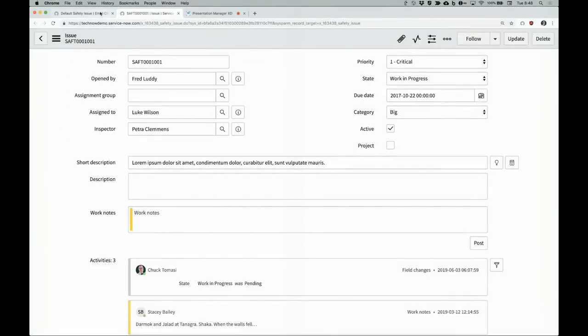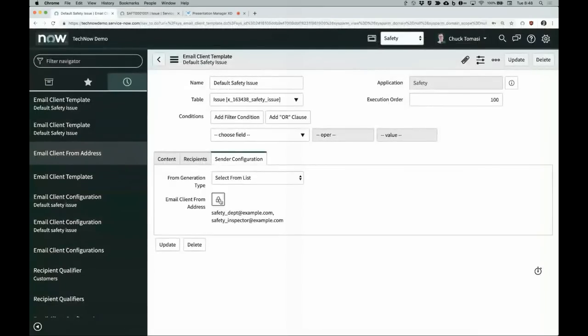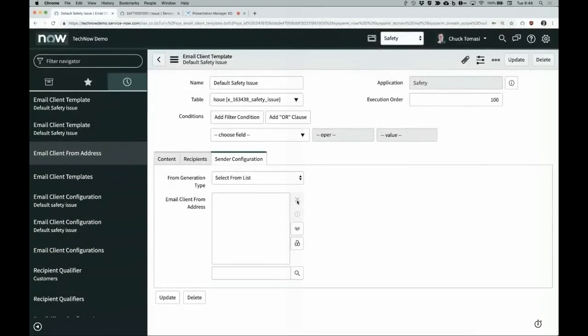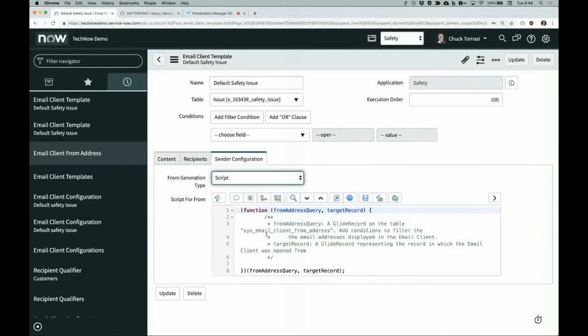And this is the fun part where I get to actually write script from script. Let's take these out just so we don't get possible confusion. If I pull up script, it says, here is a script box. And you have 2 objects that are available to you. A from address query. This is a GlideRecord. So all I'm going to do is do an addQuery to pare down that list that I was just looking at of all the from addresses, and a target record, which is the record I'm looking at, the current safety issue in this